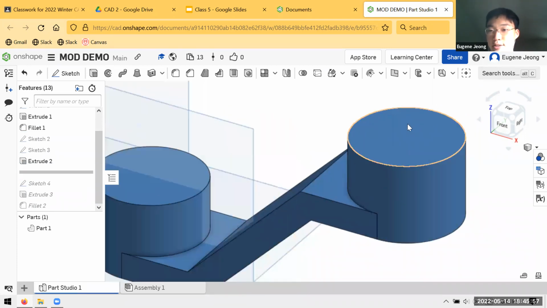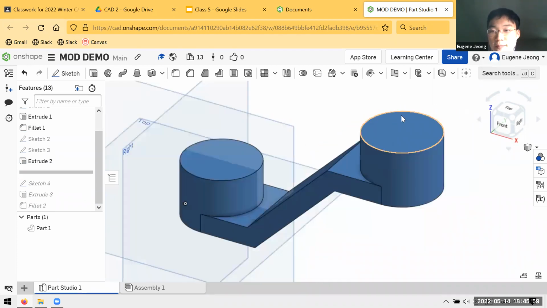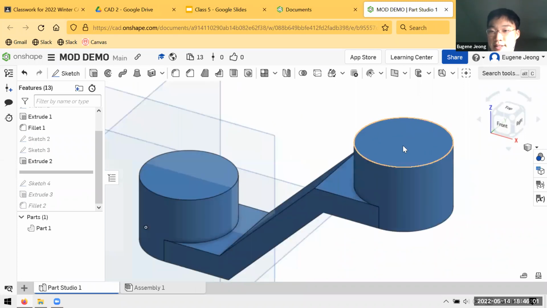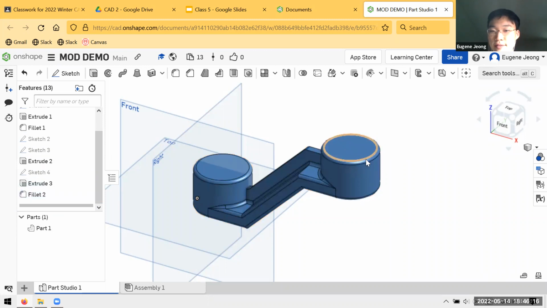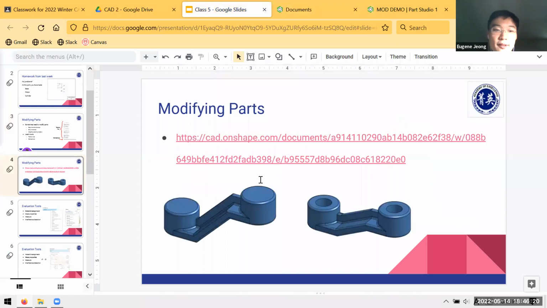So for example, if I needed to create another boss here at the top, make a little knob, it would make more sense to do it now here rather than after I do all my fillets and make it round around this edge. Anyway,